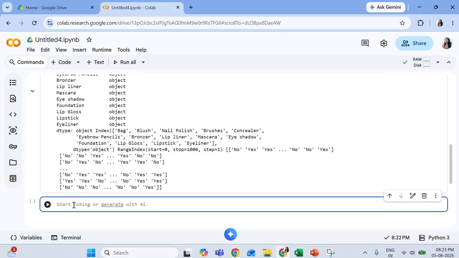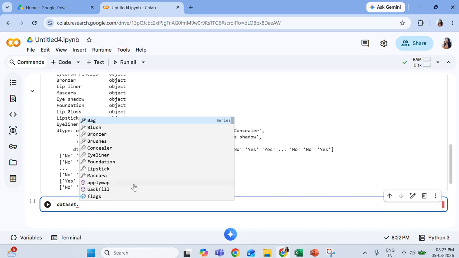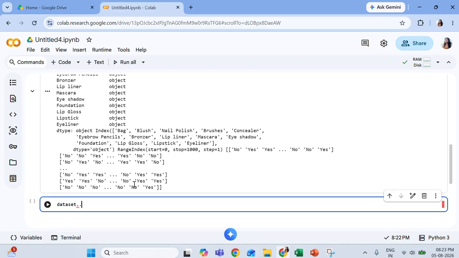Now for our algorithm to work, we need the values to be either Boolean type, true or false, or binary, that is 0 or 1. So we need to replace this yes and no with true and false, right? True and false instead of yes and no. So we will say dataset dot replace.